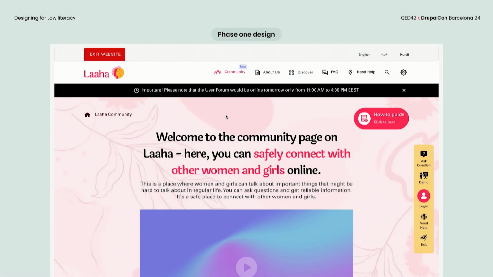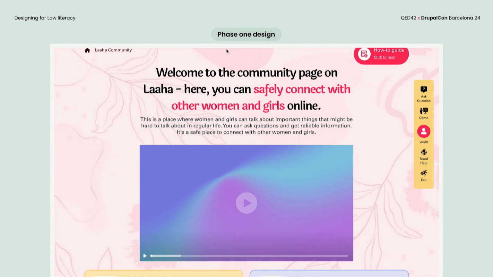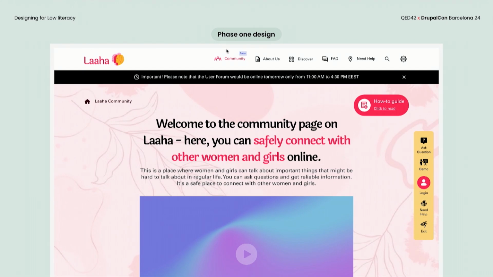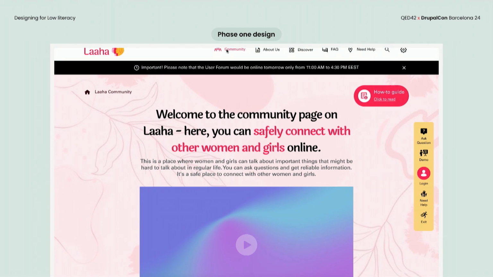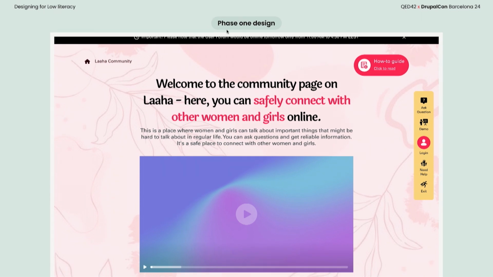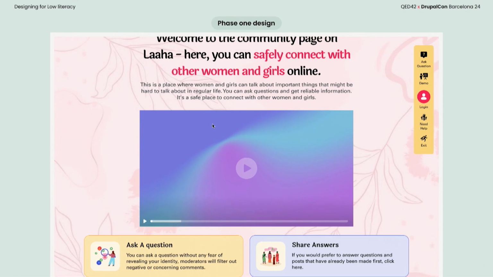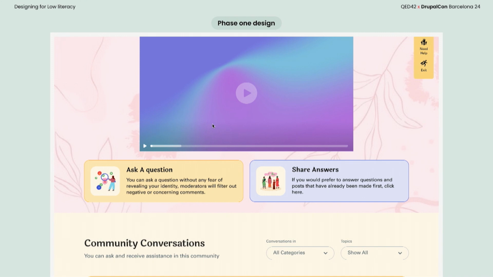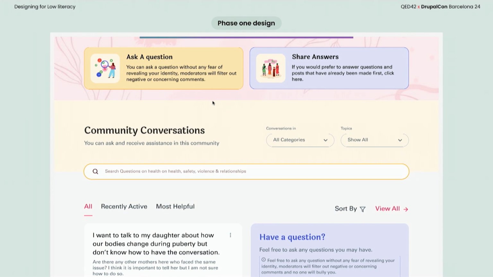So this was our phase one design, where we have the header, where we show an exit website quickly, and then a banner about welcome to Laaha. Then there are a lot of action points. Then there are two main CTAs, ask a question and share answers. Then community conversation. You can also go through the categories and topics.